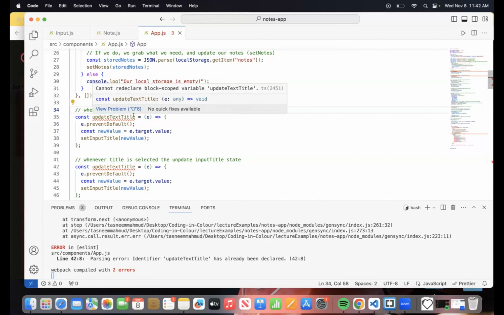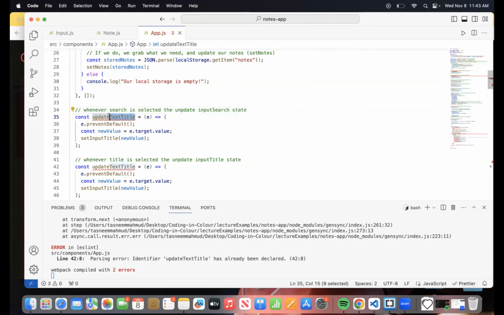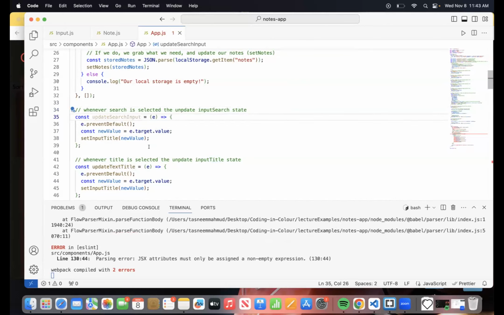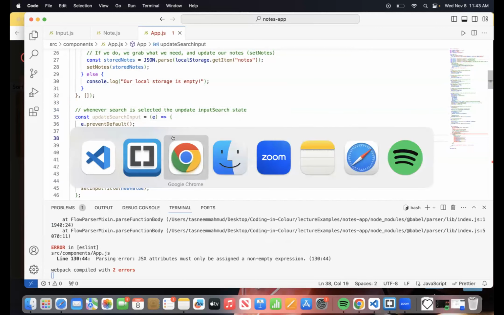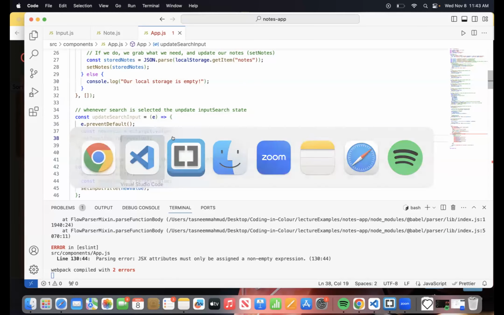Let me change this to update search input. All right, I'll change this to set input search. Okay, I think we are good, are we? No, we are not. It shows an error.